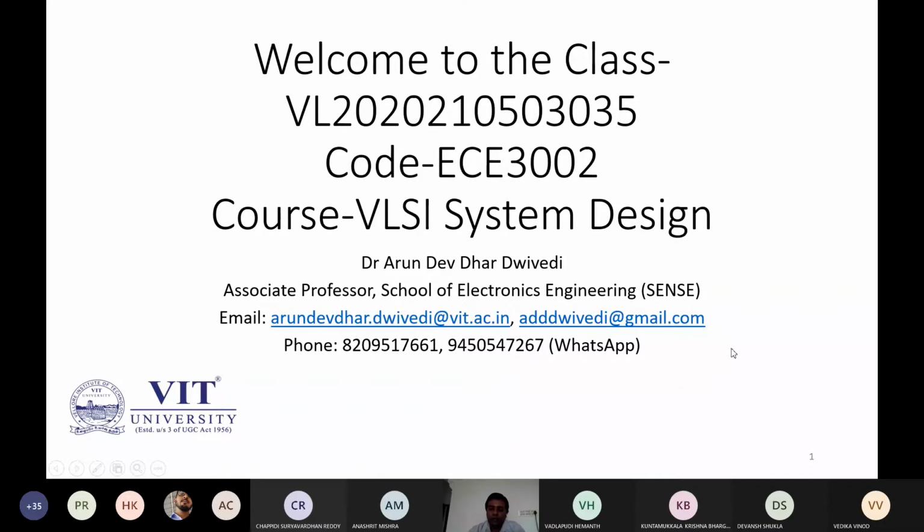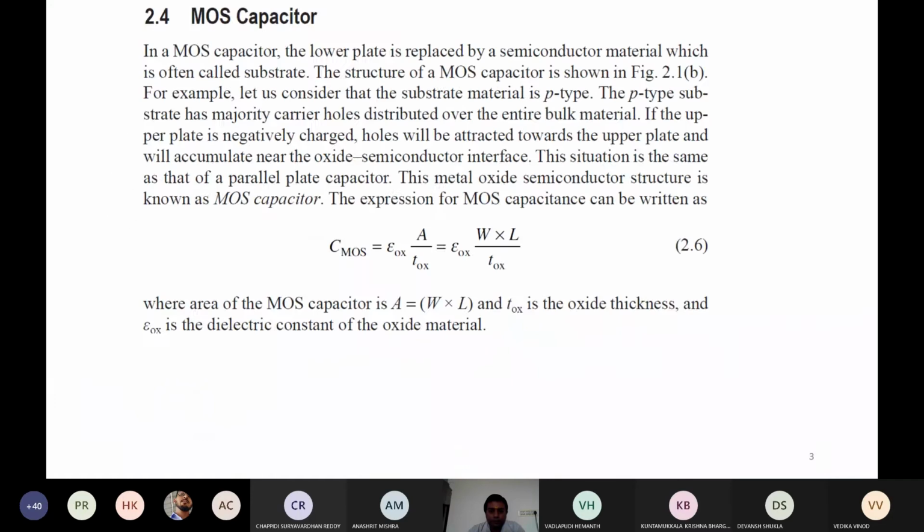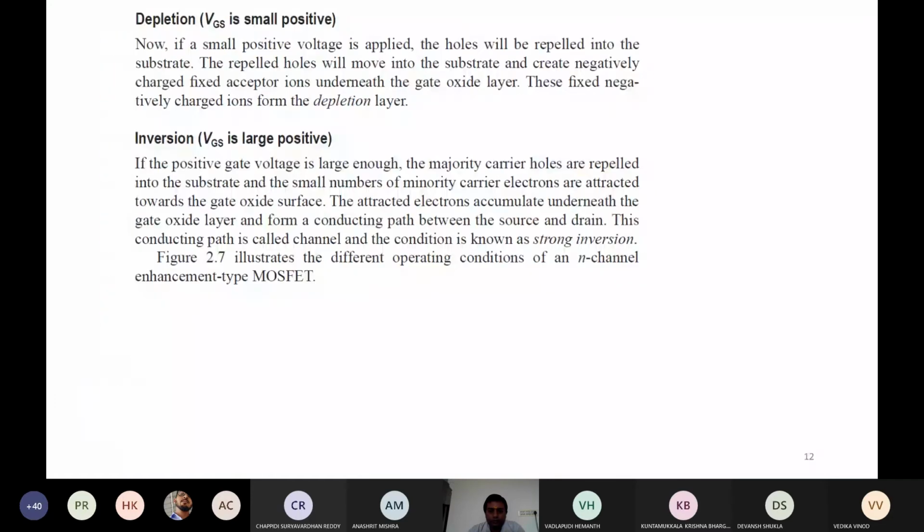So we were discussing the derivation of the IV characteristics of the NMOS, or N-channel MOSFET. Previously, we understood all the basic operation. Now we are in the process of deriving the equation for the IV characteristics of especially the N MOSFET. Then the same analogy we can apply for PMOS, and directly we will write it. So let us move to the point where we are doing.